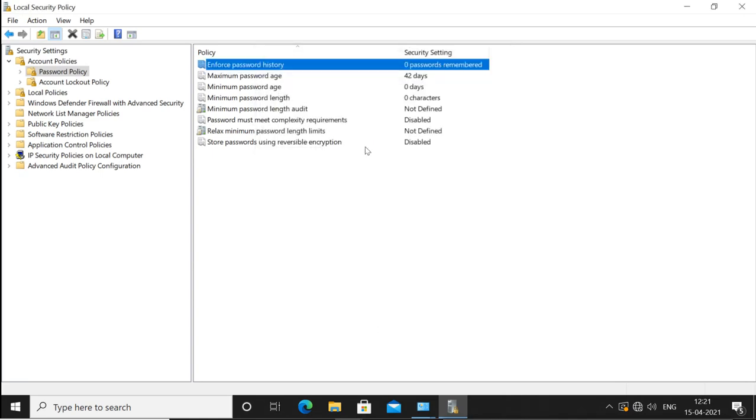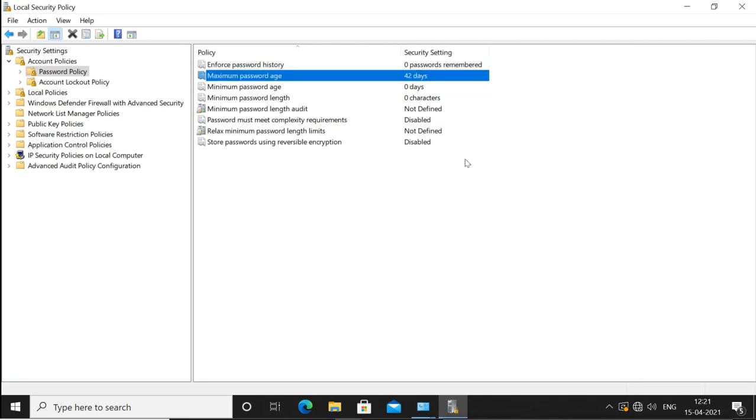Now password maximum age. This is the maximum age for the password. That means suppose I don't change my password; I know the password history is there, but I want to keep my favorite password and I don't change it. So after 45 days it will automatically expire, and you have to change the password, and then you have to change back to the new one because the history is there.